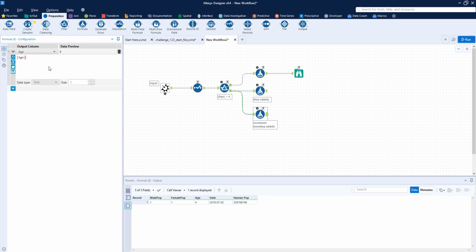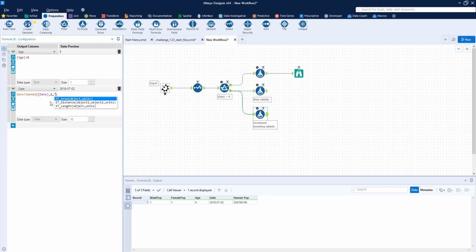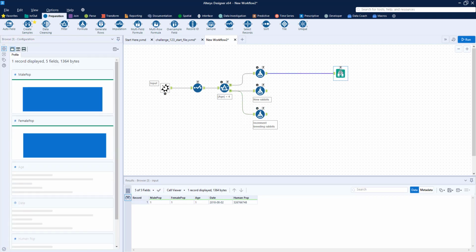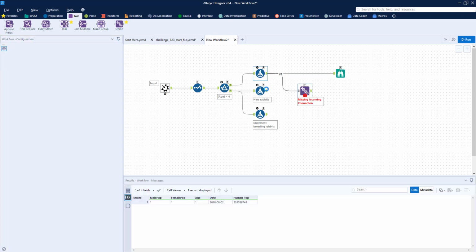And I'm sure that we could do this with fewer tools, but I actually feel like this method is a little more intuitive. It makes more sense logically. And in my opinion, if you can do something in fewer tools, but it's more difficult for anybody to understand what's going on, is it really more efficient? I don't think so. So what I want to do now is union these 3 things together.